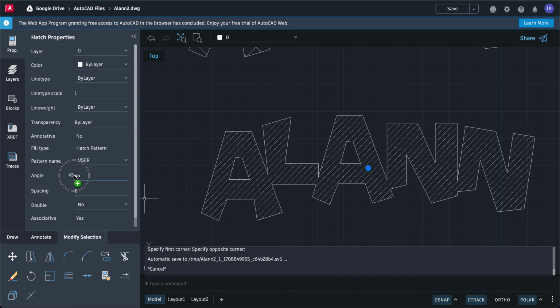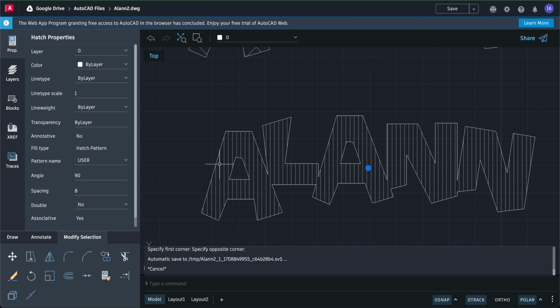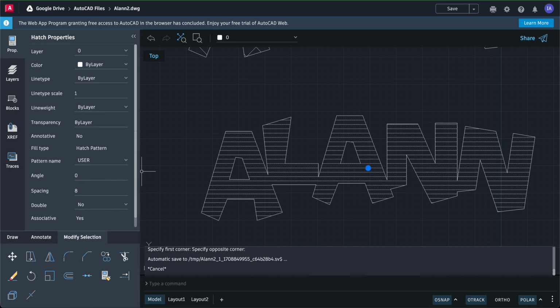Let's say I want vertical lines. So if I want vertical lines, then I adjust that to 90 degrees, and when you press enter, the vertical lines. If you want horizontal lines, then that's 0 or 180. Press enter. Okay, so these are user defined lines. You can adjust the angle, the spacing, and you can even make a cross hatch out of it. Okay,